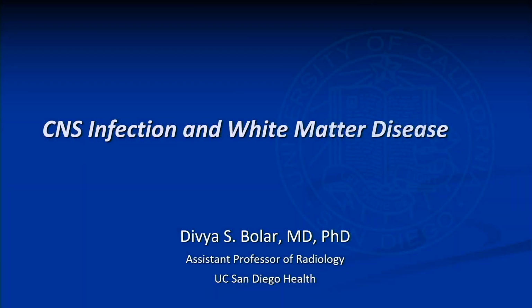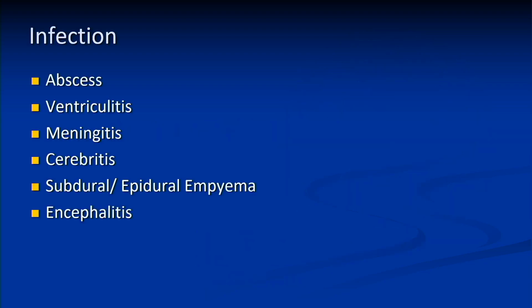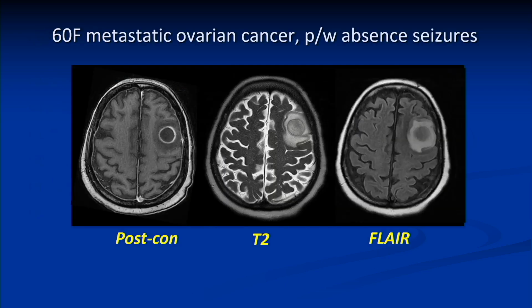Do a 1-2 punch here on CNS infection and white matter disease. So for infection, we're going to handle the big players that you guys know about, of course, but maybe we'll talk about some features that may not be completely obvious, maybe more newer on the horizon, and we'll get into that a little bit. So we'll start with, of course, our classic sort of case, which is a 60-year-old female